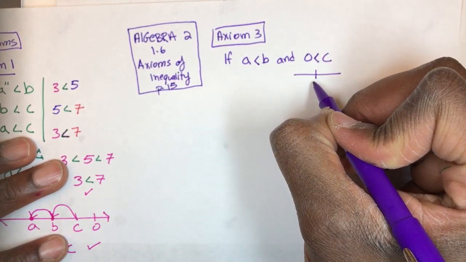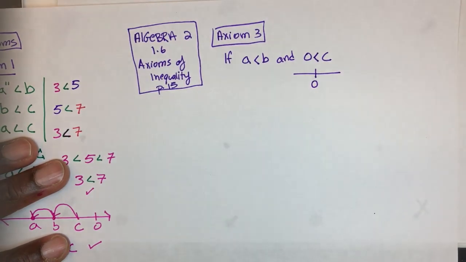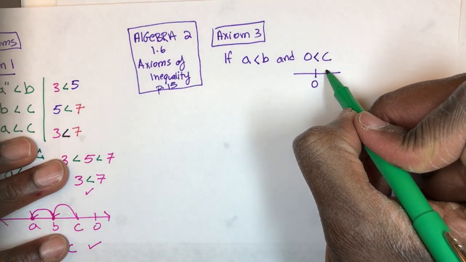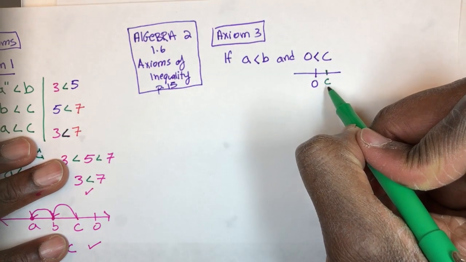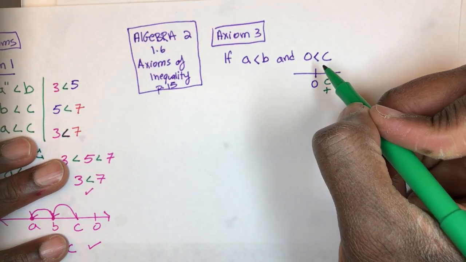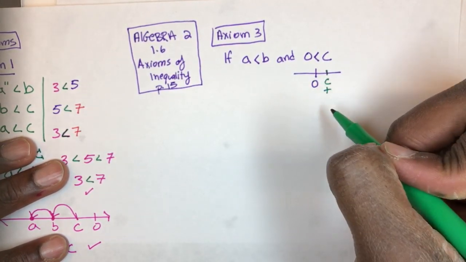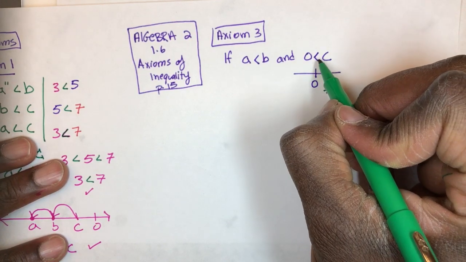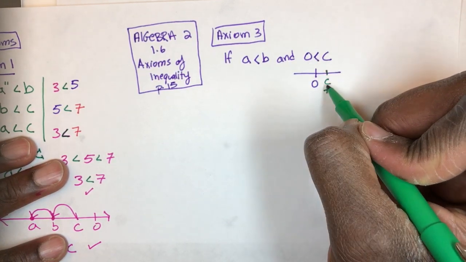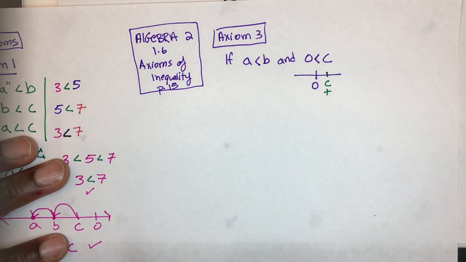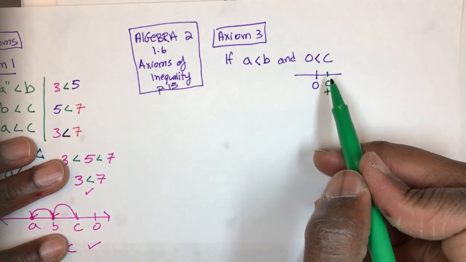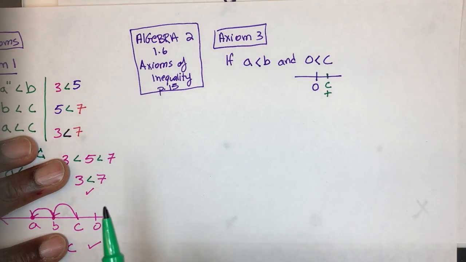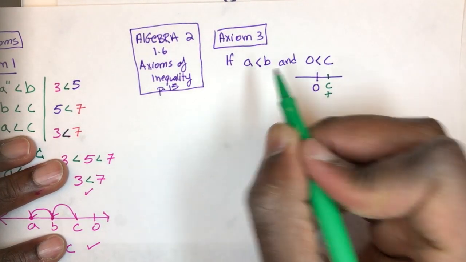If you did that on a number line, here is 0, and you said to yourself, oh, C has to be greater than 0, well then C has to be some type of positive number, right? If it was less than 0, it would be some type of negative number. But because C is greater than 0, it is some positive number. Anyway, so if A is less than B, and C is some positive number, well then,